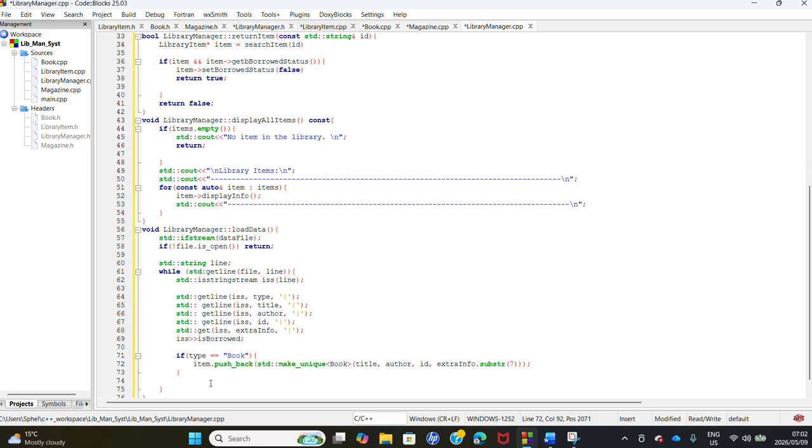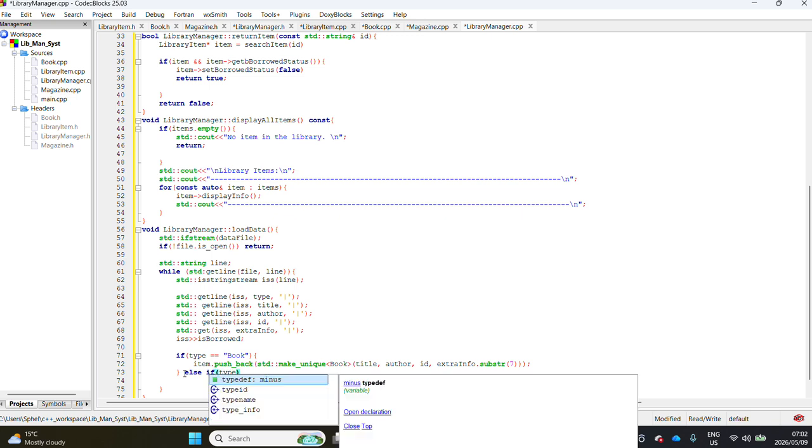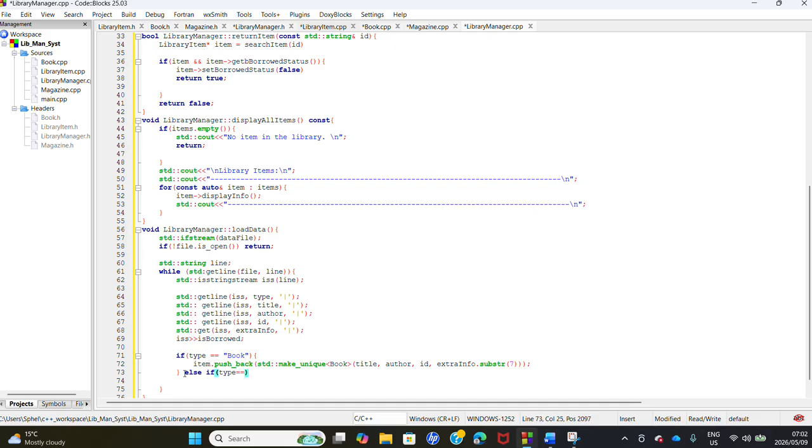Else, so since this is an if else, if is our second condition. Else if the type we're working on now is no longer book, if the type is equal to magazine. So now the first part was for the book. Now if the type is a magazine, what happens then in this case? If the type is a magazine,